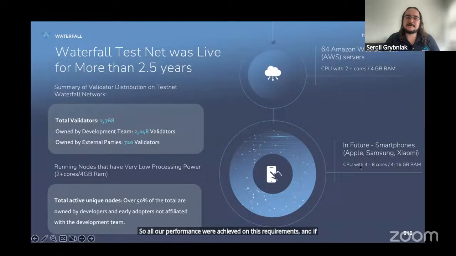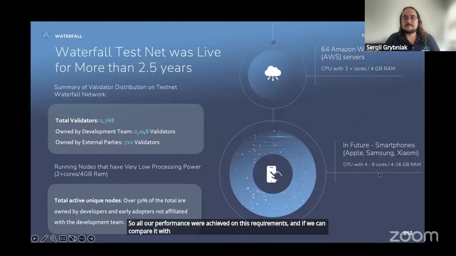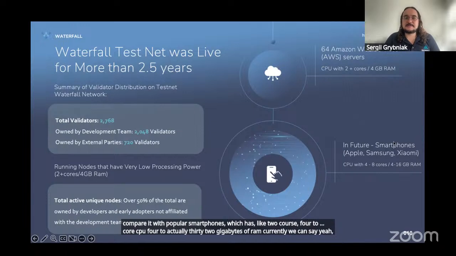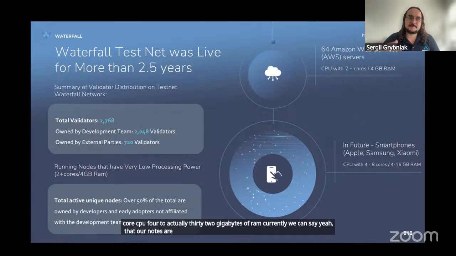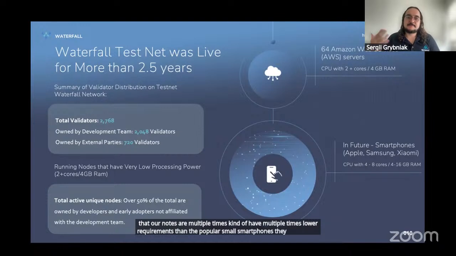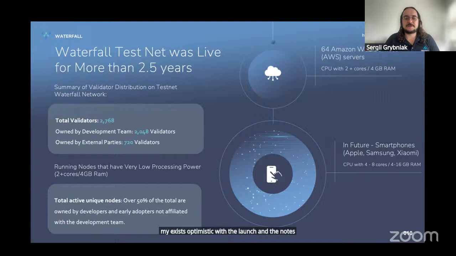And if we compare it with popular smartphones, which have 4 to 8 core CPUs and actually up to 32 gigabytes of RAM currently, we can say that our nodes have multiple times lower requirements than the popular smartphones. This is what makes us optimistic with launching the nodes for